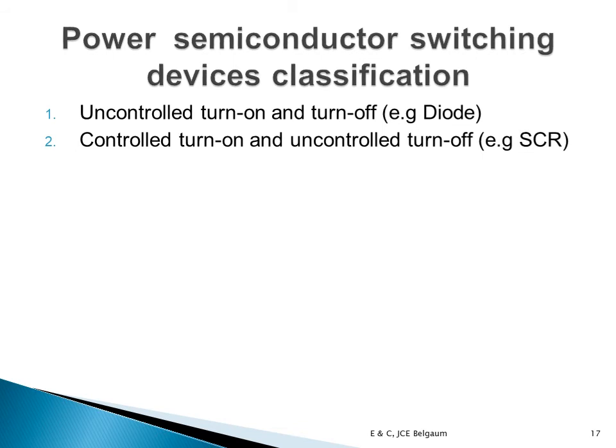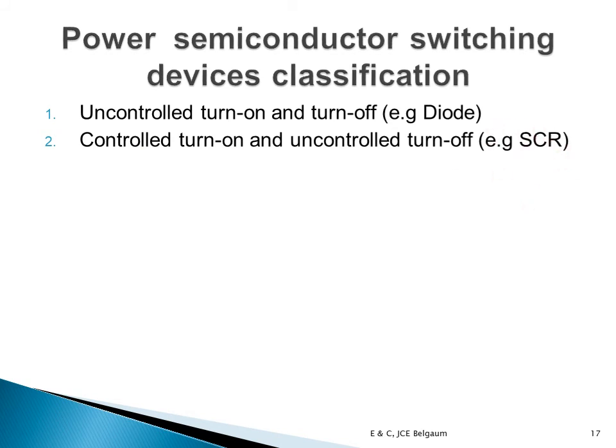Next is controlled turn on. Here, controlled turn on and uncontrolled turn off. So I can control the SCR's turn on by giving the gate current. But once I give the gate current and it turns on, if I remove the gate current, it will continue to remain on. It will not go off. So turning off is uncontrolled. Only turn on I can control in SCR, and hence controlled turn on and uncontrolled turn off,